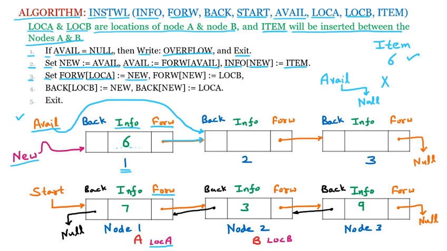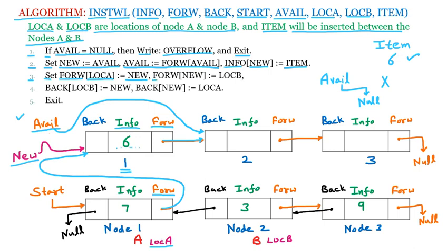So now this is modified to new. So this pointer is now modified and going to the new. And where is the new pointing? New is pointing to the first block. So here this forward pointer is now modified. So that means in the linked list, the forward part of node A is now pointing to the new node. So we have captured the new node here.